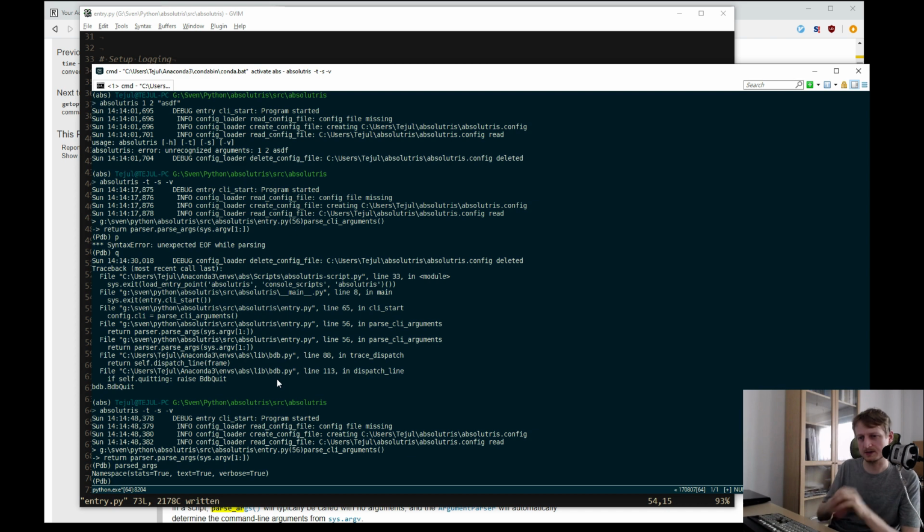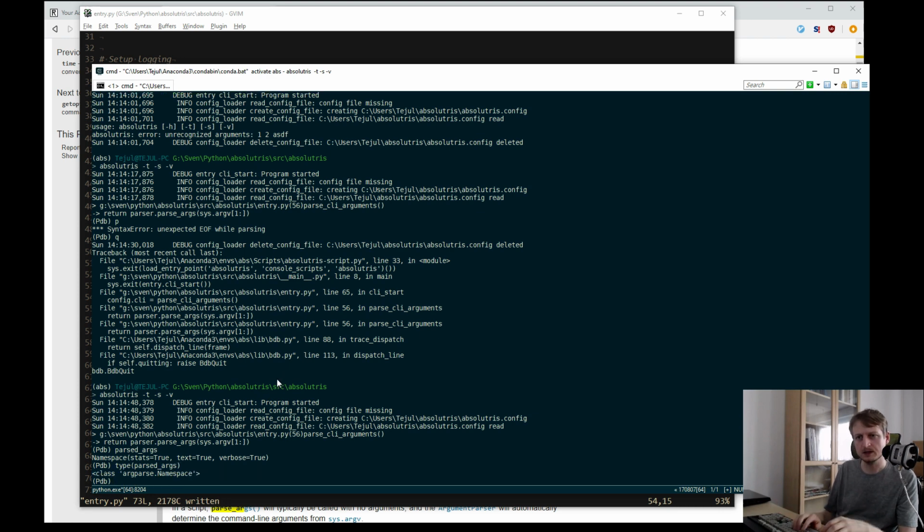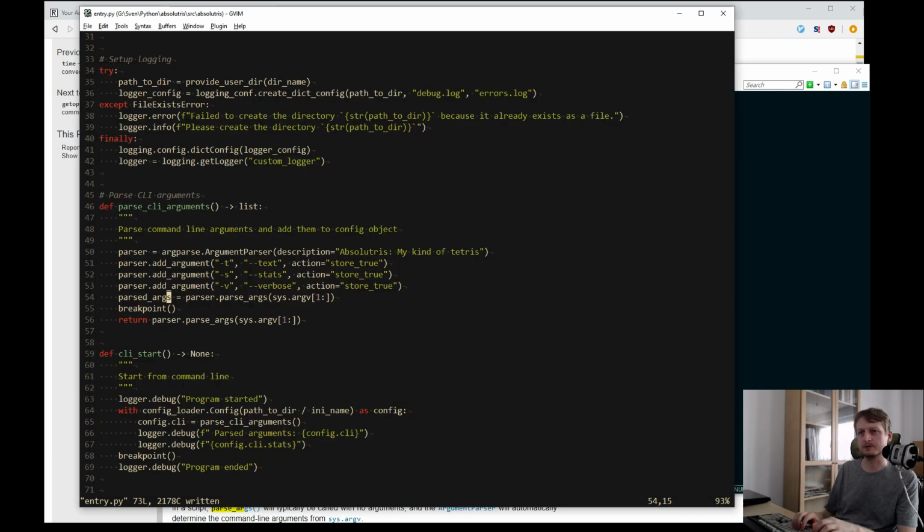So parse args is actually a namespace object. Argparse namespace. Okay, so that is what we need as a type hint. So we need argparse namespace. This is what the function returns. So that's it.